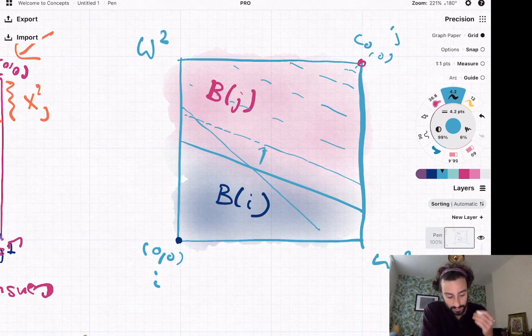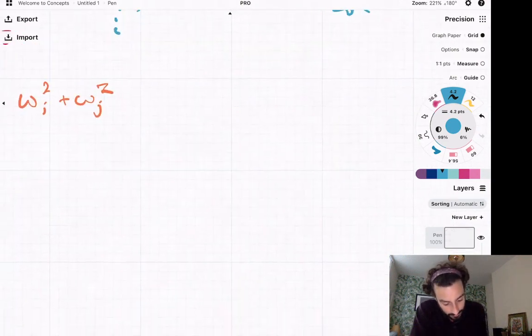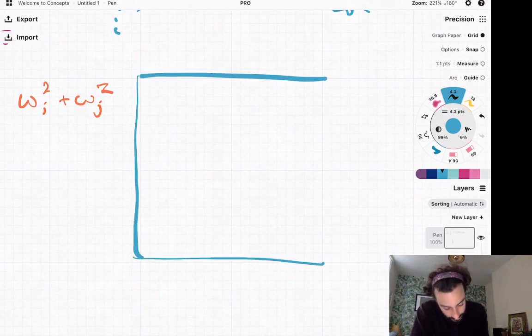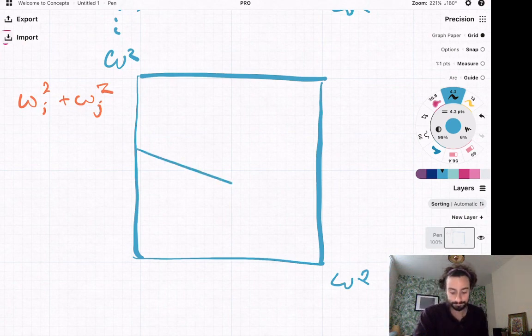And so this is the analysis of an Edgeworth box. Let's draw one more Edgeworth box, and let's talk about what an equilibrium looks like. So we start out with our 4-sided little box. And we know that this is omega 1, and this is omega 2. And let's say that the price vector looks like this.